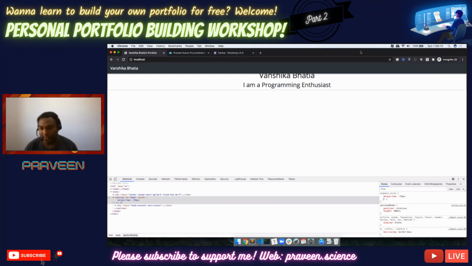Let me quickly check the chats. Yeah, M sets margin, B sets bottom or padding bottom. So M is margin, MB is margin bottom, P is padding, PB is padding bottom. If it is MB3 in the navbar, it is going to be margin bottom 3 rem. 1 em is 8 pixels, I guess. So 3 em is 8 plus 8, 16, 16 plus 16, 32 pixels. So that is what we are going to do.